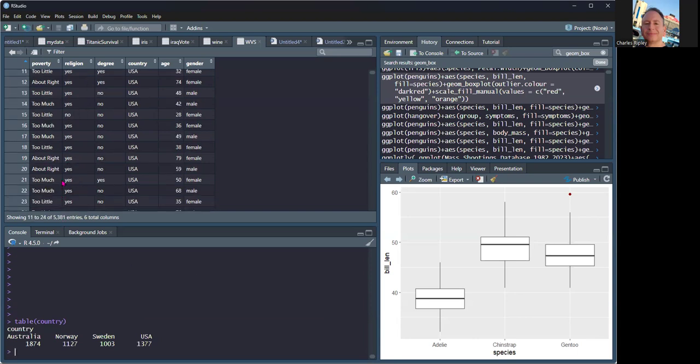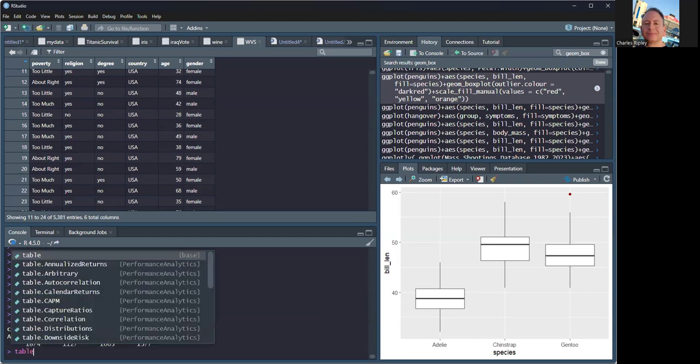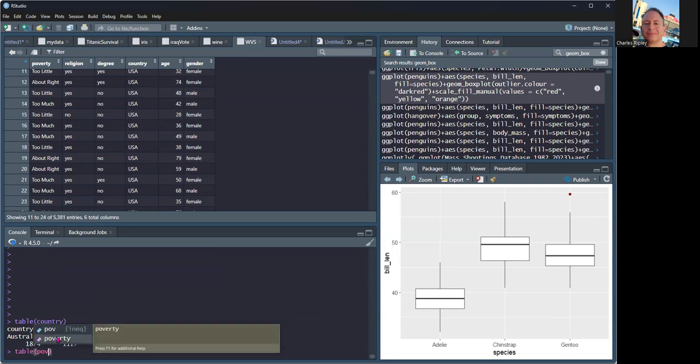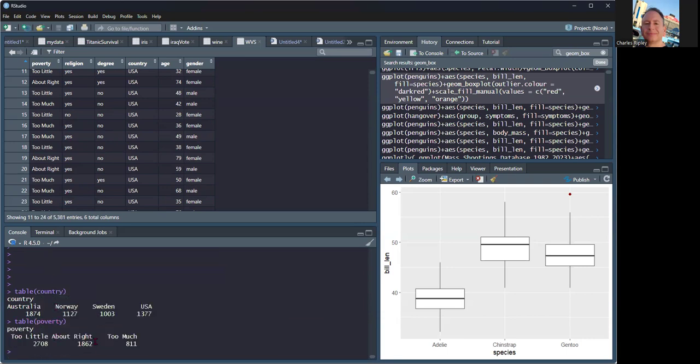There's definitely, for poverty, about 4. Yes, I'm correct. Too little, oh, there's only 3. Too little, about right, too much. Now, these are ordered, right? Too little, about right, then too much. So that's an order. This has to be an ordered factor because this comes from the car data